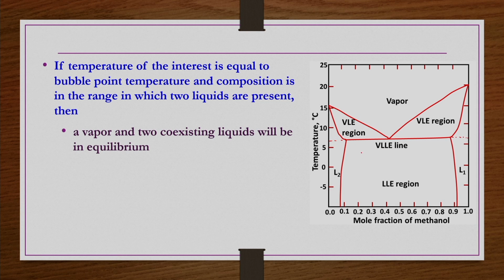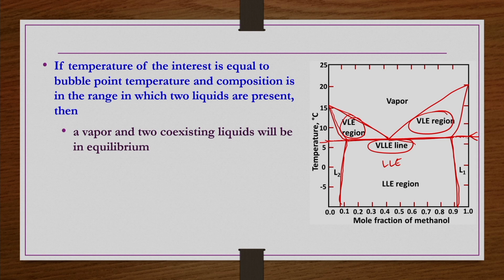So, this envelope, whatever this envelope is there, that is for the LLE part. That is valid for these liquids also, and this point is also a common point, or this line, whatever this tie line, let us say if I draw here. This tie line is common for both the LLE part as well as the two VLE regions as well. Okay. So, that is the reason this line, we call it a VLLE line.